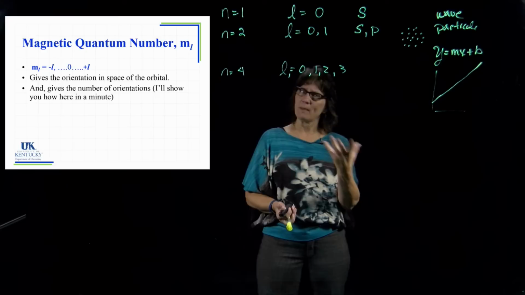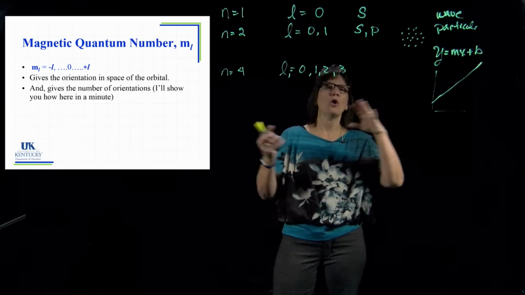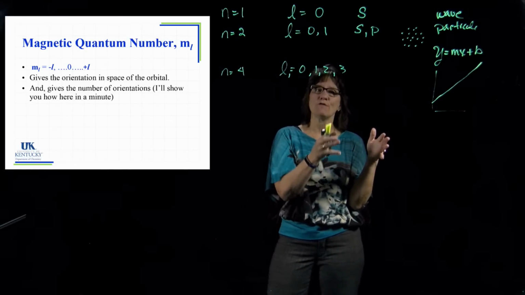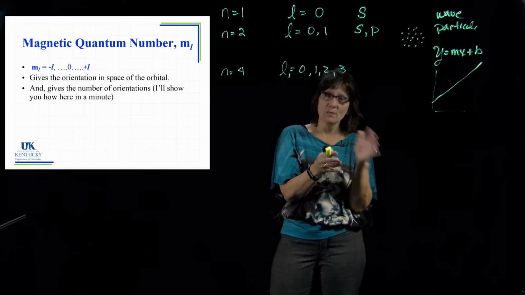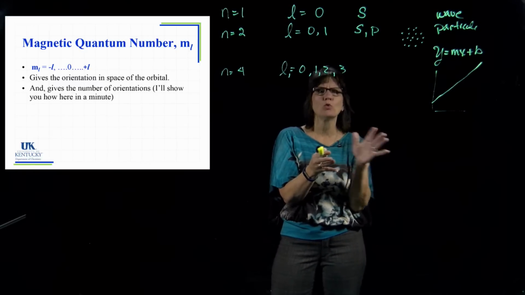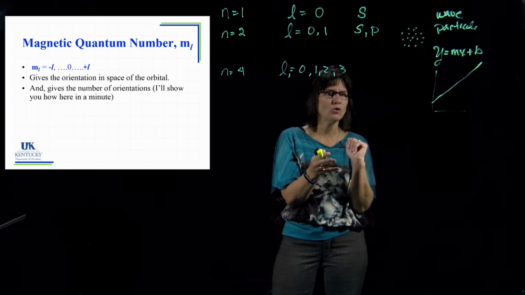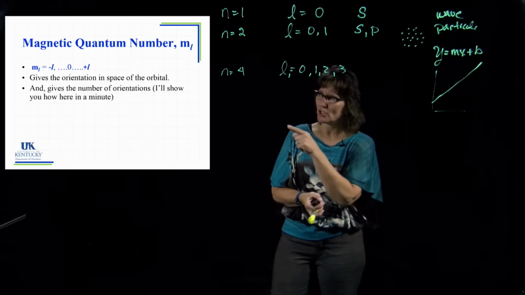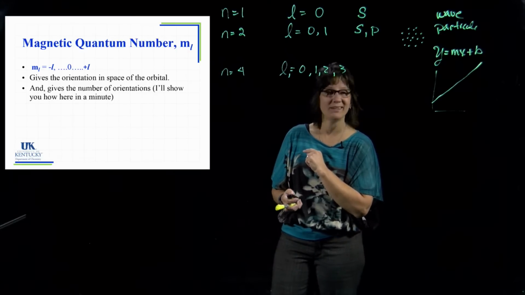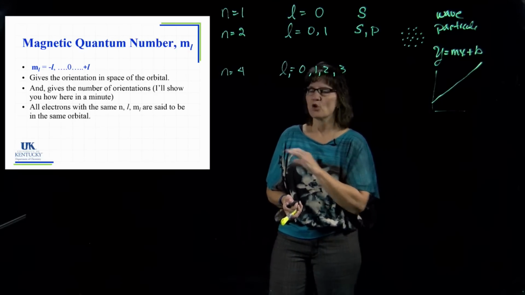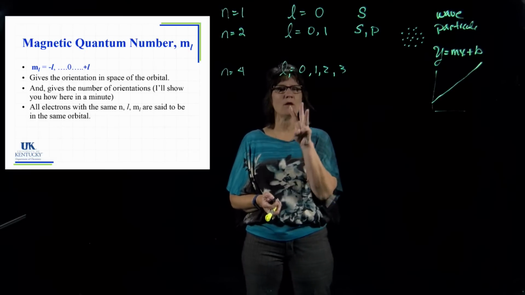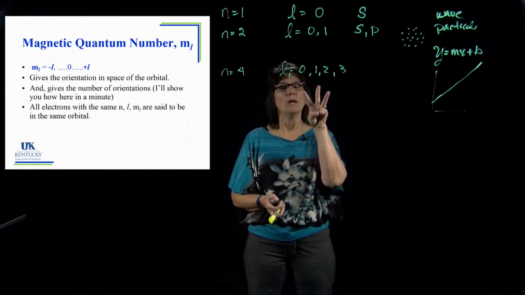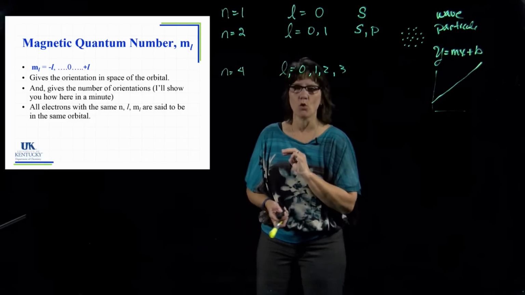This would be like, going back to our analogy, we know we're on the University of Kentucky campus. We know we live in Woodland Glen 4. The M sub L would say, well, how many dorm rooms are in there? And which dorm room do you live in? So you're narrowing it all the way down to a specific location, all the way to the dorm room in a sense with this, okay? So any electron that has the same three values of N, L, and M sub L, we would say are in the exact same orbital.